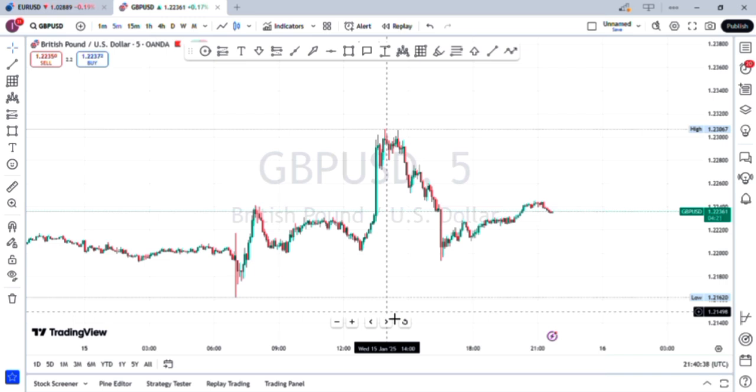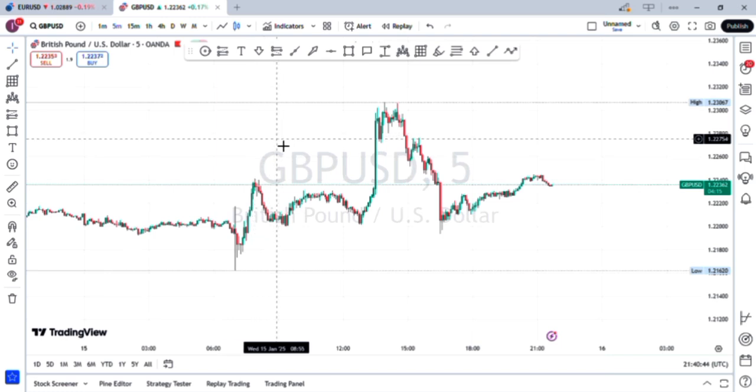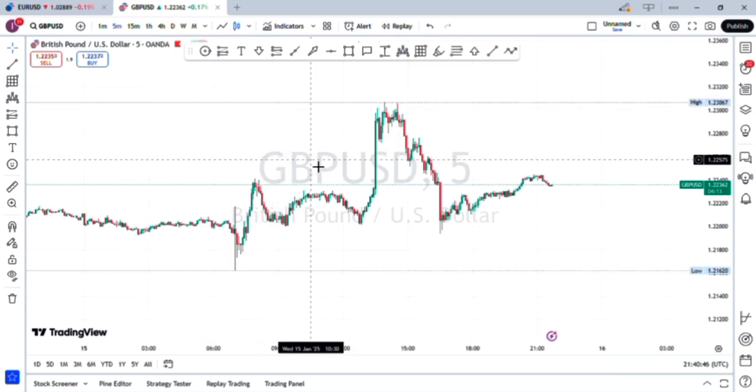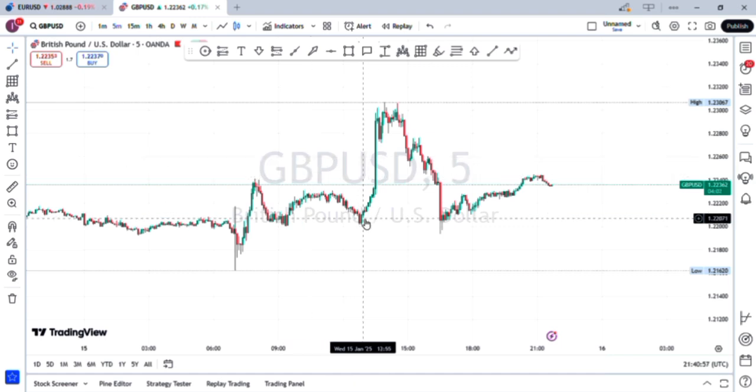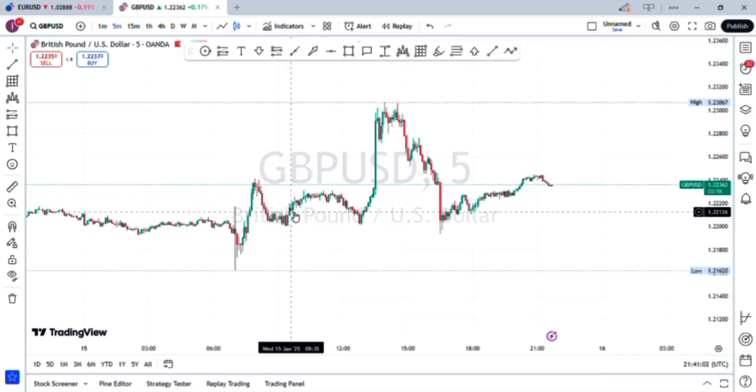Then you want to be taking your entry on this time frame, guys. This is a very good time frame. The 5-minute and the 1-minute time frame are very good time frames to take your entry, guys. And then you want to watch out for sudden moves on the chart. So if you're going to be watching out for sudden moves on the chart, this is a very good time frame to take your entry. So guys, for example, we're going to be taking an example. Let's say,